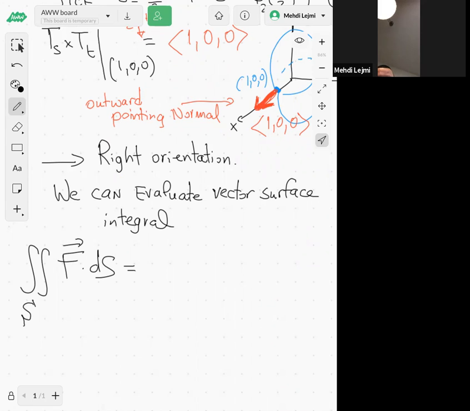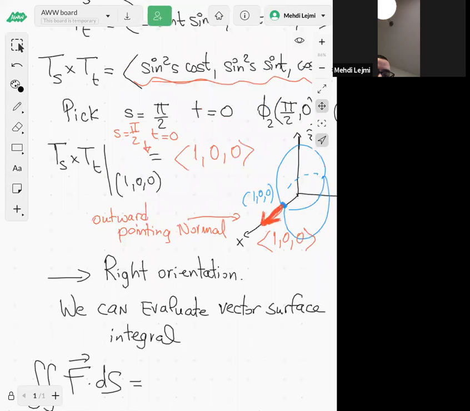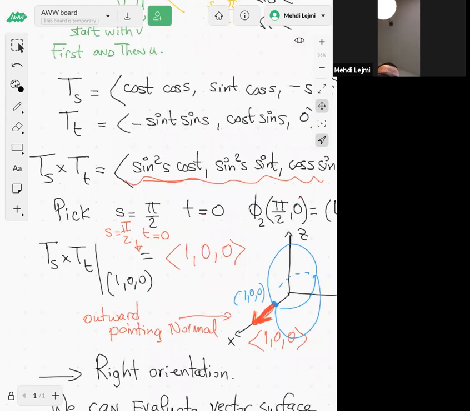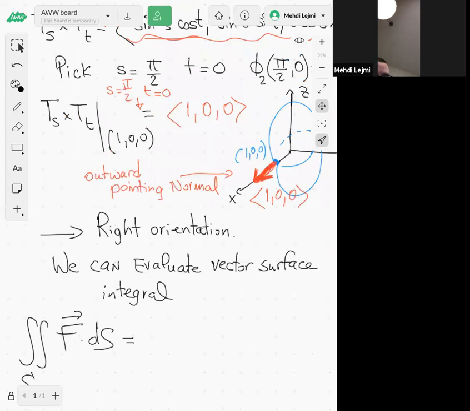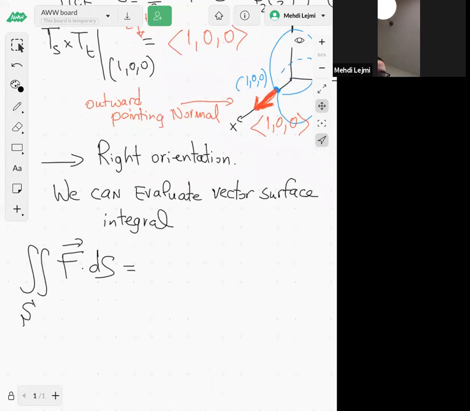So you're using this parameterization with this phi 2, right? So then we are using these parameters s and t. So F along the sphere would be equal to this double integral of your